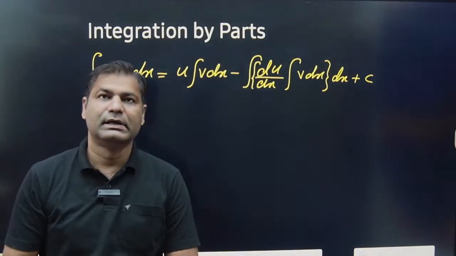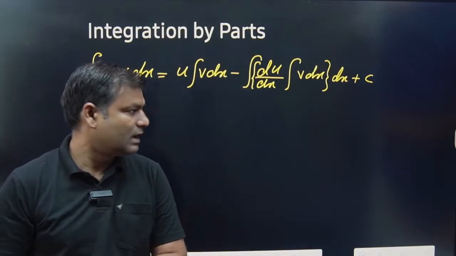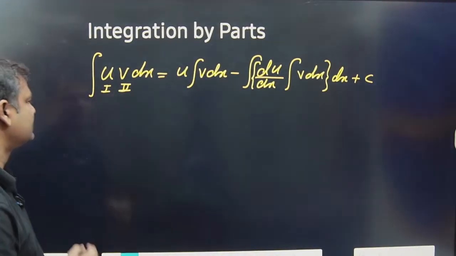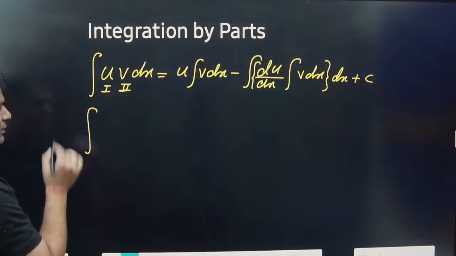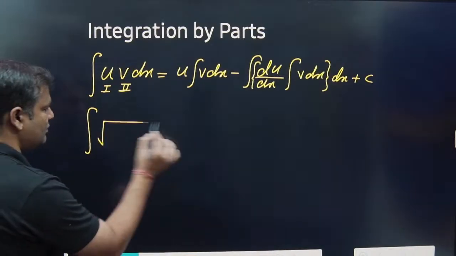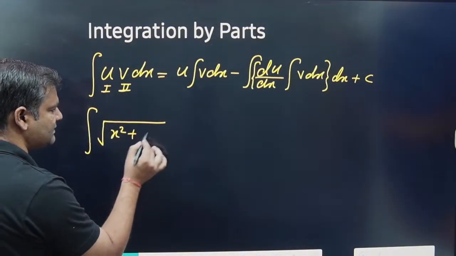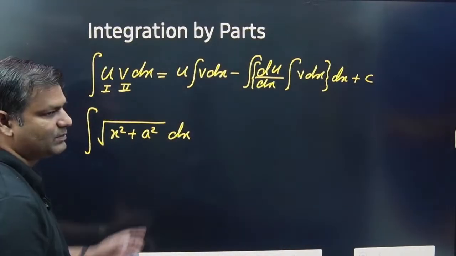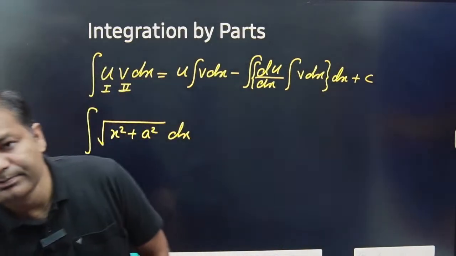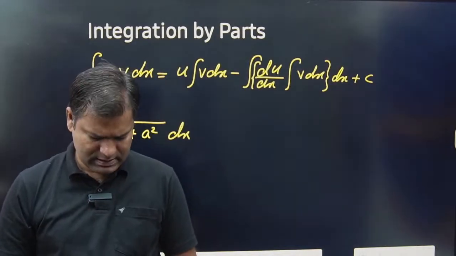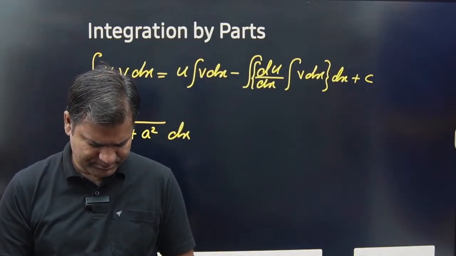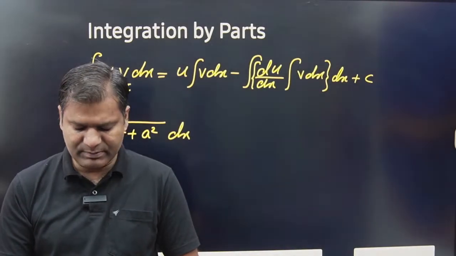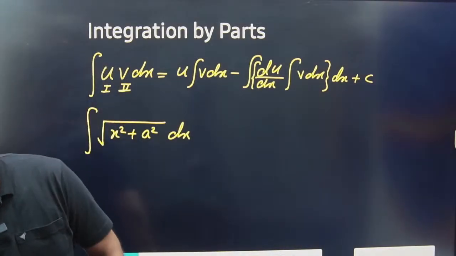Okay, clear or not? Now after that, look here very carefully. How can we apply it? Simply, the question is integration of under root x square plus a square dx. How can we solve this question with the help of this method? First of all, if you consider the first function, this one is a very complicated question. If you see very carefully,